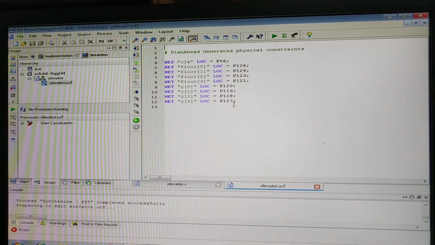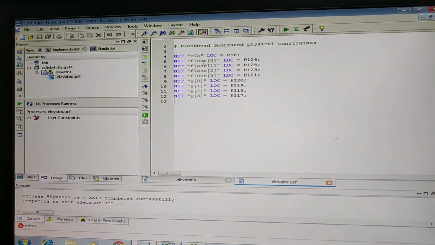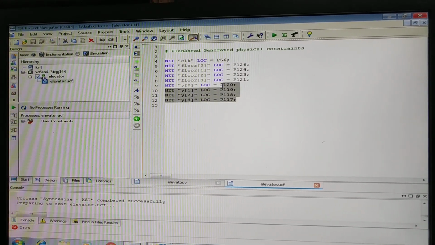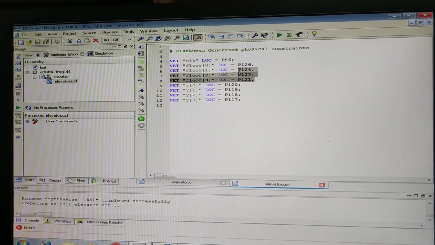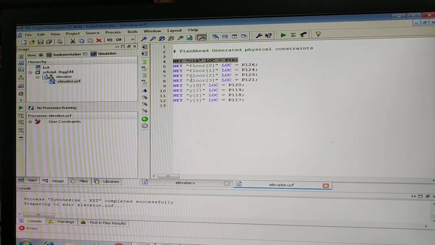Here is my UCF file, the user constraints file, and I have assigned the outputs to the 4 LEDs and the inputs to the 4 toggle switches, and by default the clock is 56.